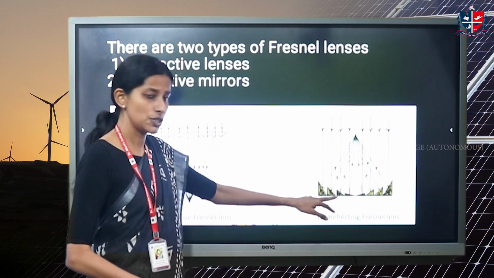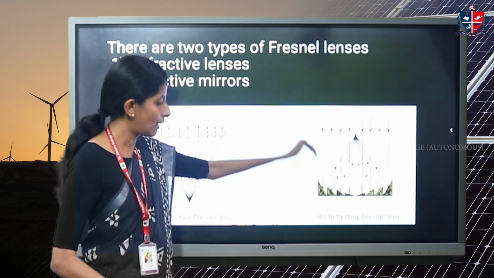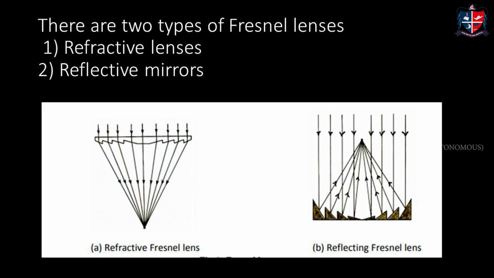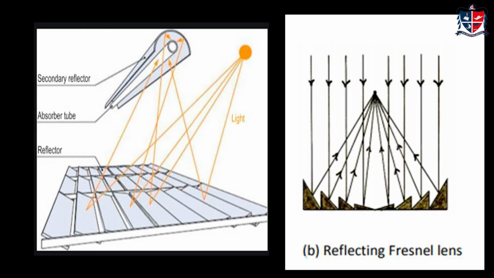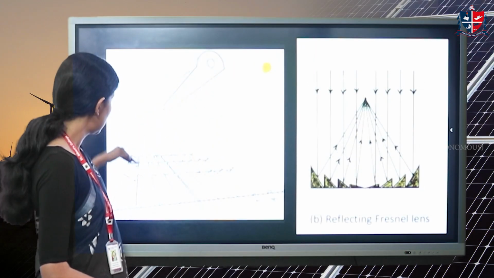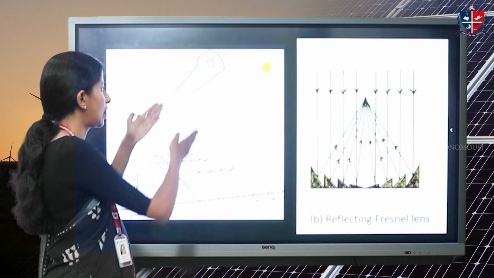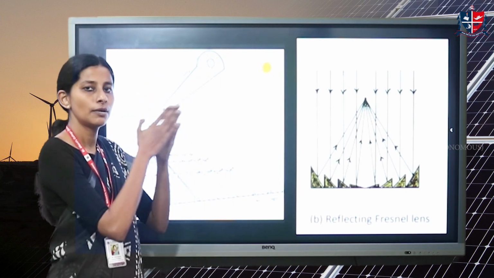This is another arrangement where we are using a reflecting Fresnel lens. Same application. Solar radiation falls on these lens pieces. Each of these pieces will reflect it and focus it on the point. This point will have the material to be heated. So it is at an application level. It is shown here. We can see there is an absorber tube. This tube, as I said, will have the material to be heated. These are the reflecting mirrors, linear Fresnel lens. This will capture it and focus it on the absorber.